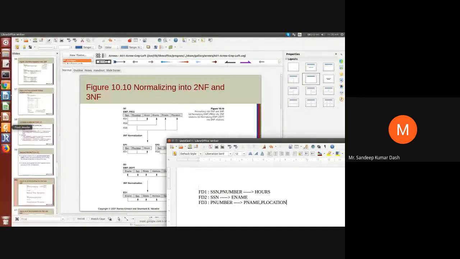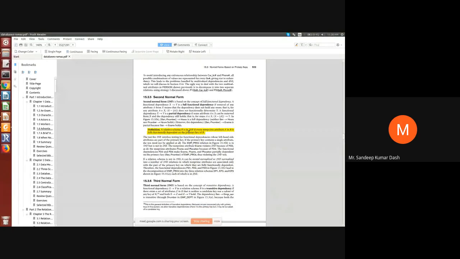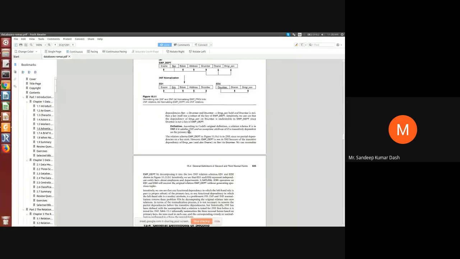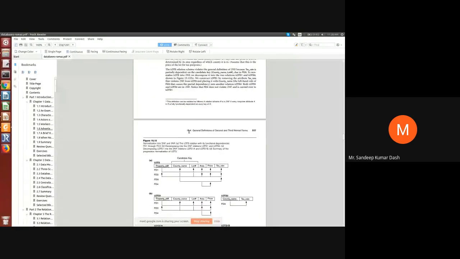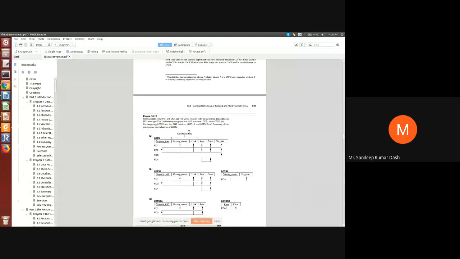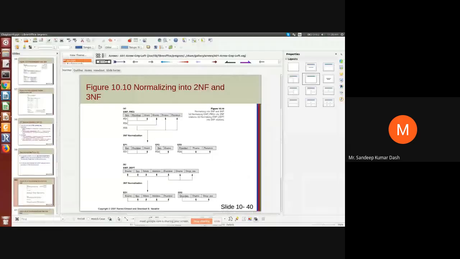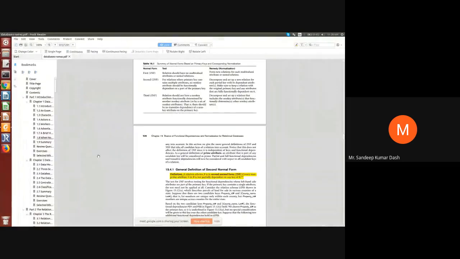Let's see another example here. So that definition which I showed, this one, this is the normal definition of second normal form. Okay, that means you can write it. There is an alternative definition to second normal form. Okay, which says,